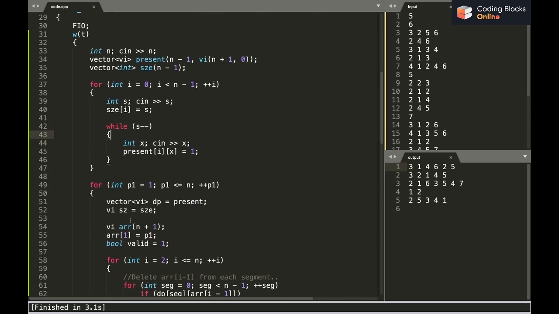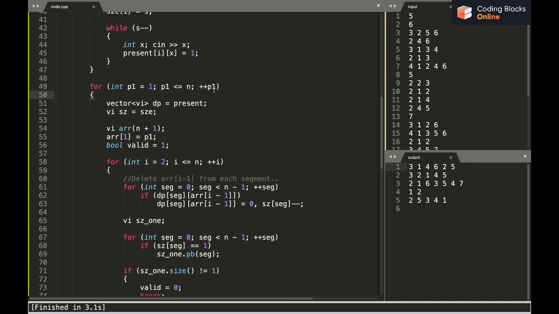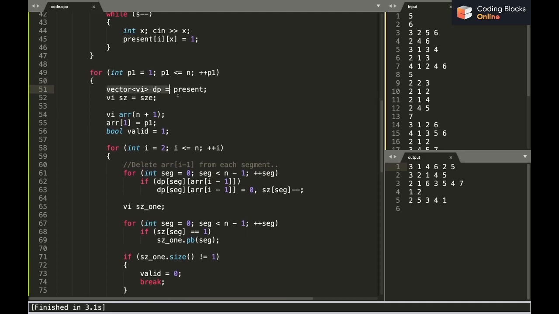Now we are good to go, and now we have to find the answer. So we'll try each value as p1. Now we'll try fixing every value as our first number in the permutation. So p1 equals 1 to n, plus plus p1. I'll store these present and size values in some temporary variables called dp and sz. This is because I am actually updating some values.